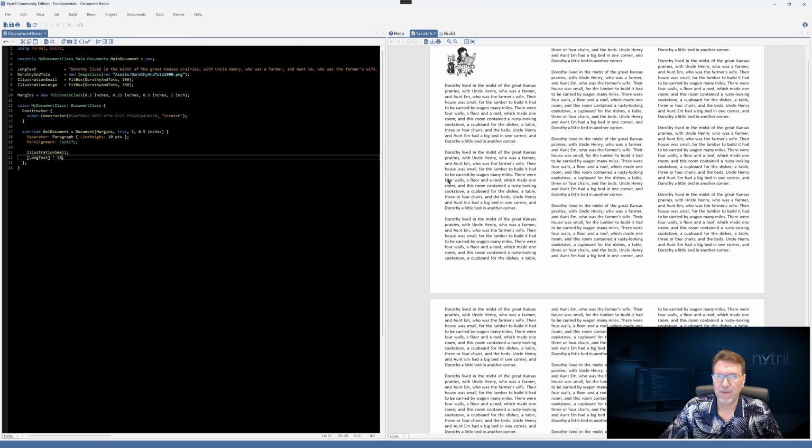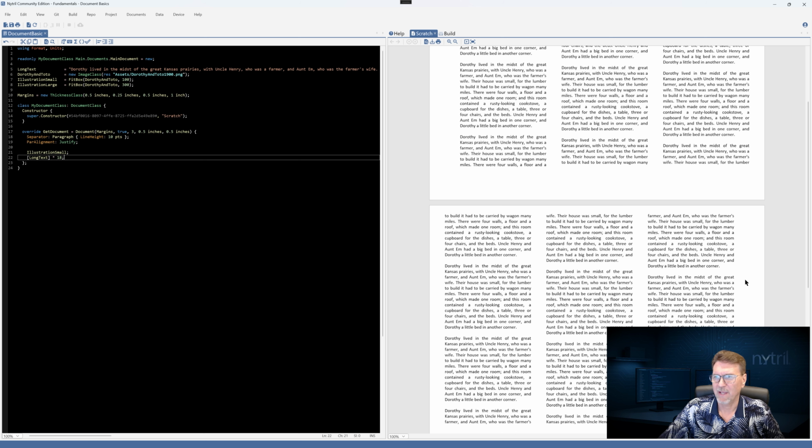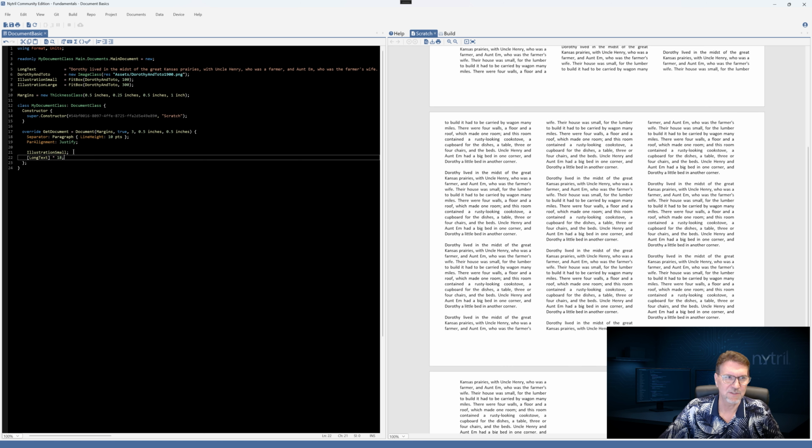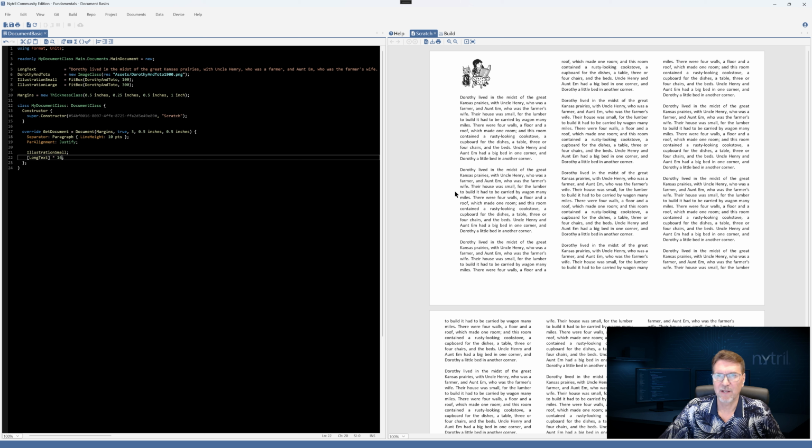Let's set a gutter to a 1/2 inch. Okay, and we'll press F5. And so what that has done is it's created an extra 1/2 inch of space here and over here, which is what we expect from gutters, right? It alternates on the pages. So we can bring this down to 16 so we can just stay on 2 pages. That works out nicely. So that takes care of the gutter.